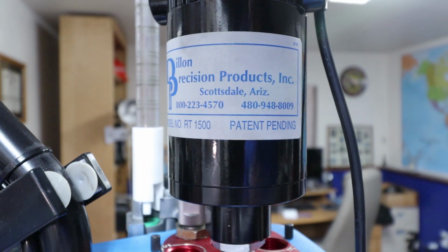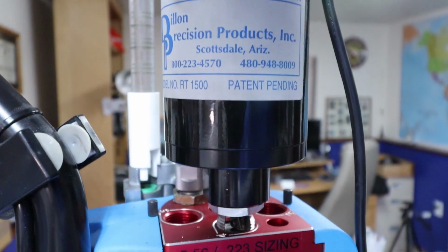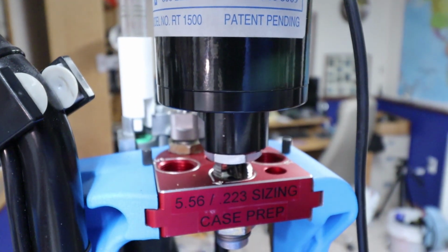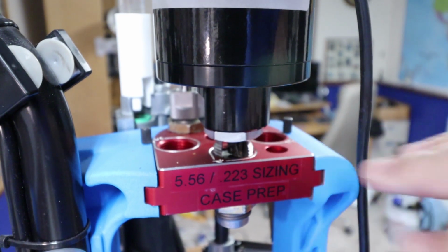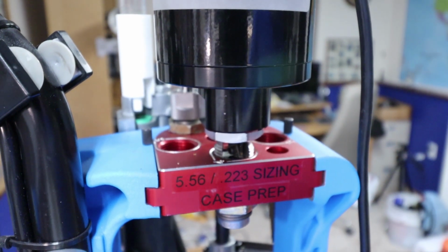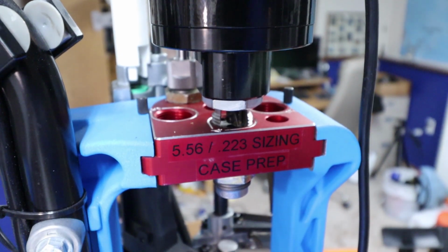Okay, here we go. Here's the Dillon RT1500 case trimmer setup here. And I have it mounted to a separate tool head that's just meant for 5.56 223 resizing. As you can see,